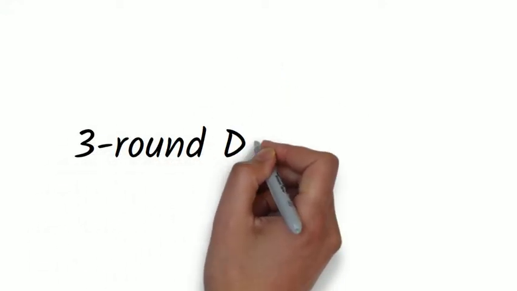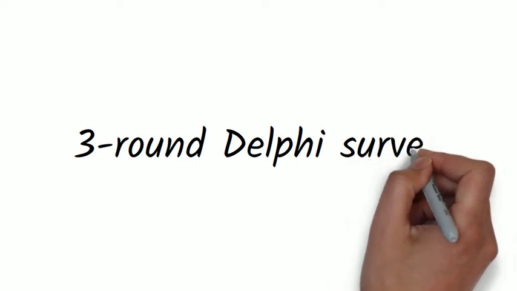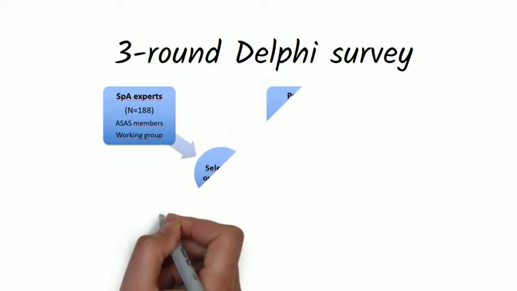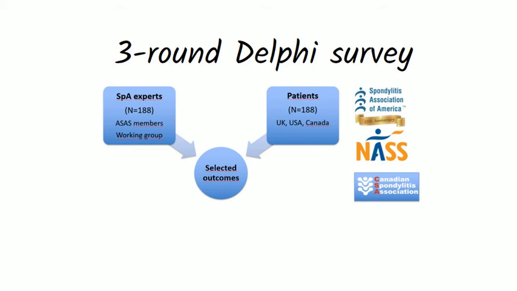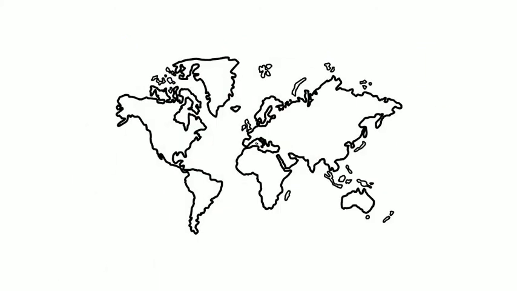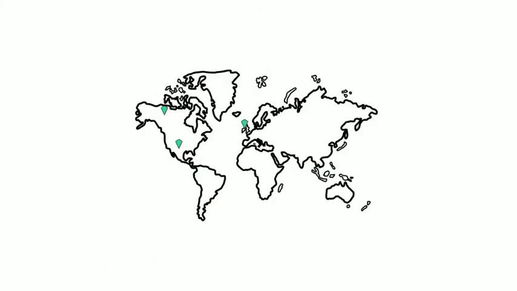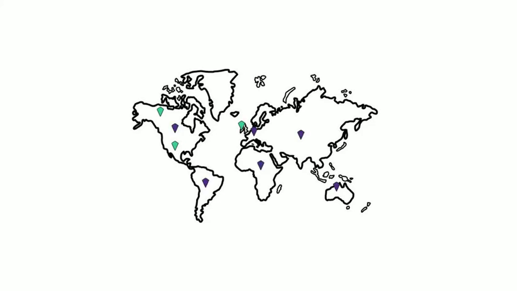Then a 3-round Delphi survey was employed to get patients and axial spondyloarthritis experts around the world involved in selecting the domains that should become part of the core set for axial spondyloarthritis. 188 patients and an identical number of spondyloarthritis experts were invited to partake. The patients came from the United Kingdom, Canada, and the United States, and were invited through their respective national patient societies. The spondyloarthritis experts were all ASAS members and other stakeholders in the working group who represented 45 countries in